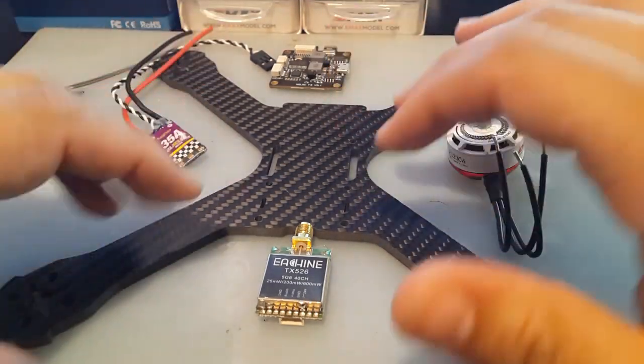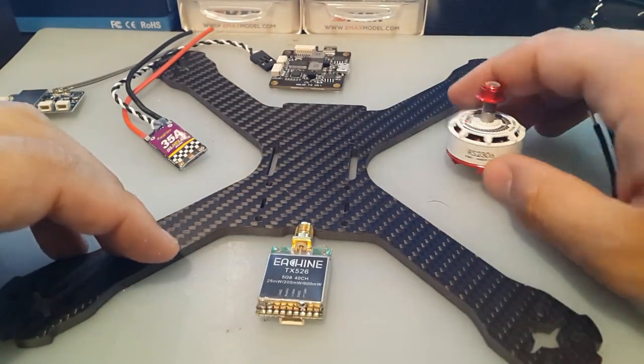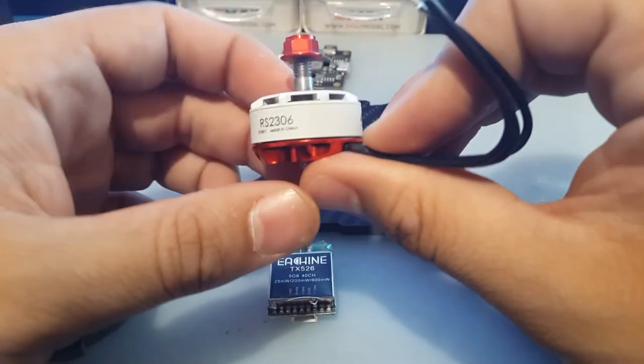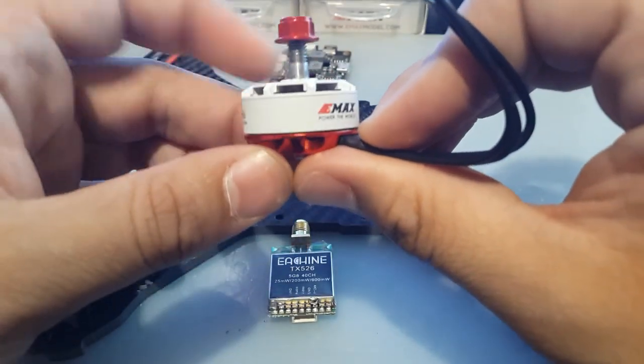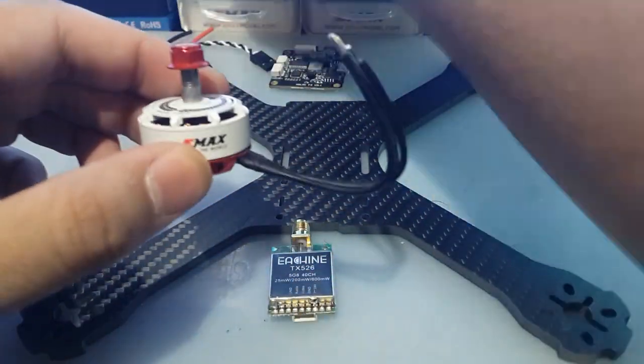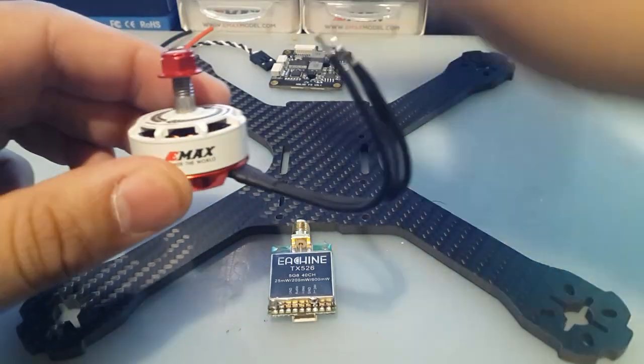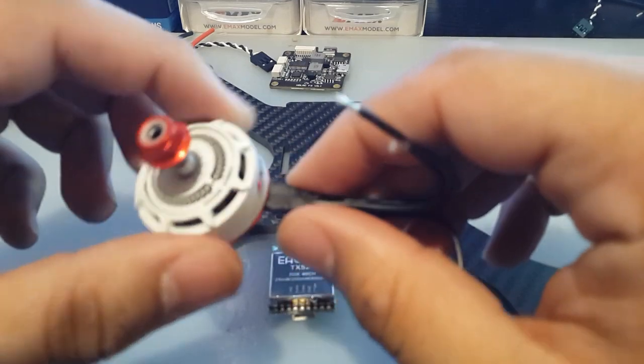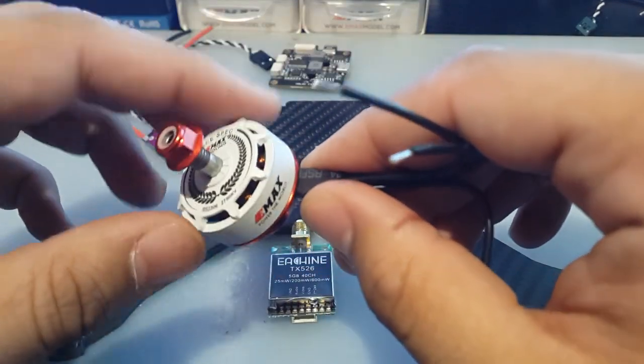Today we're going to be building a real AAC with the Emax 2306, the limited edition white ones. This is the 2750 kV, I believe. Yeah, 2750 kV. This is going to be fun because I also ordered the F40 and F80 motors, and I'm going